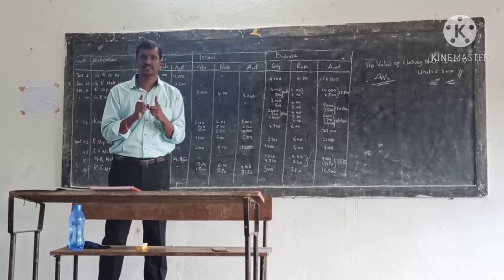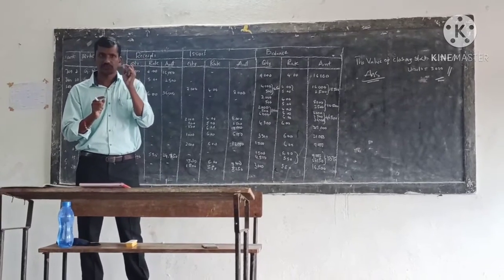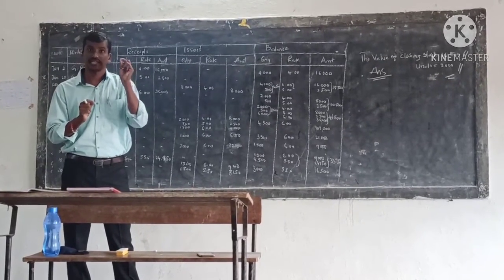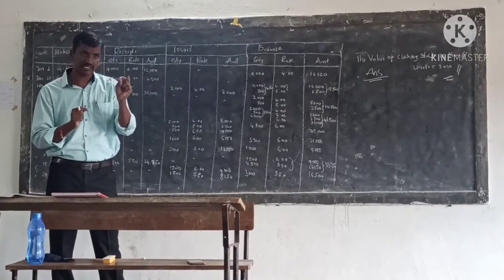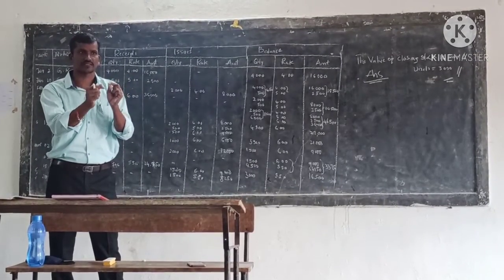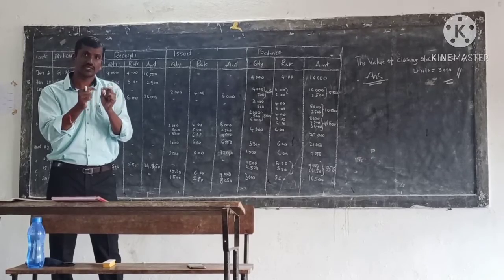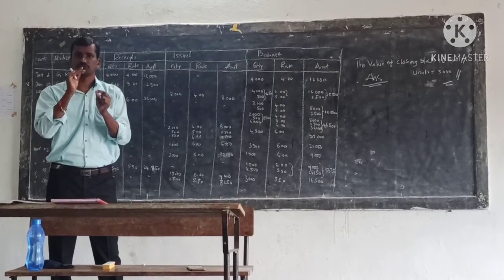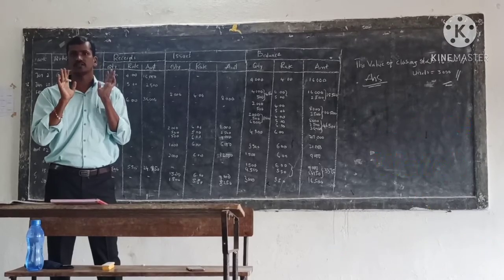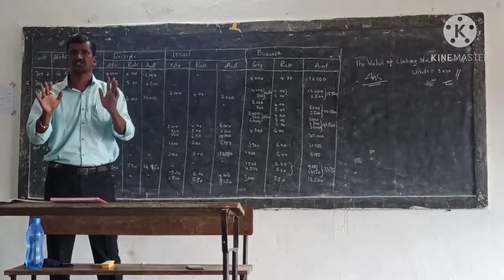And one more thing is, you always issue the stock from the earlier lot. After completion of the earlier lot, then you go to the next lot. After completion of the next lot, then you go to another next lot. This is the procedure to issue the stock from the stores department to the production department.